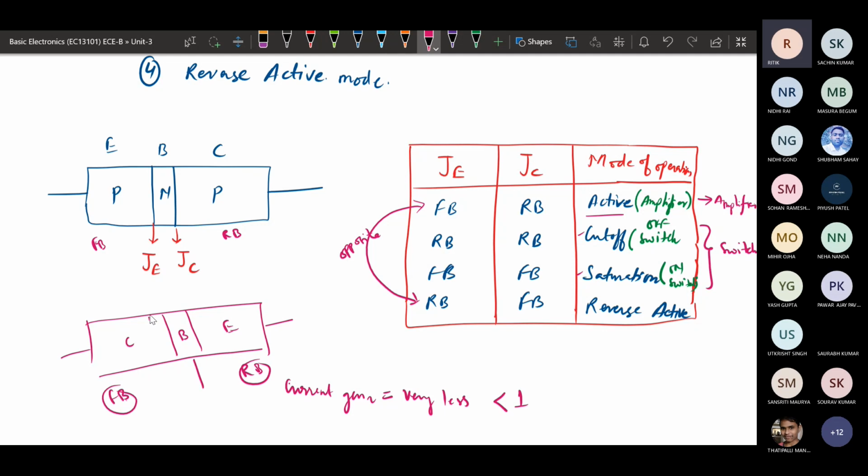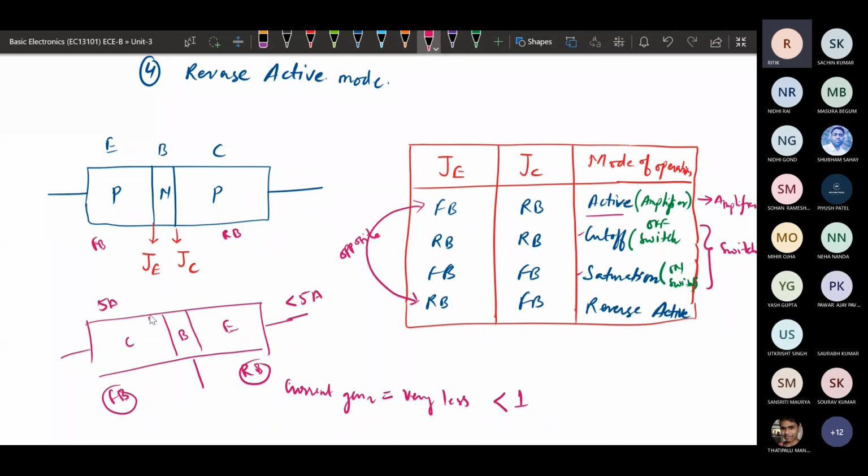If the gain is less than 1, suppose we provide 5 ampere here, we will obtain less current, less than 5 ampere, here.